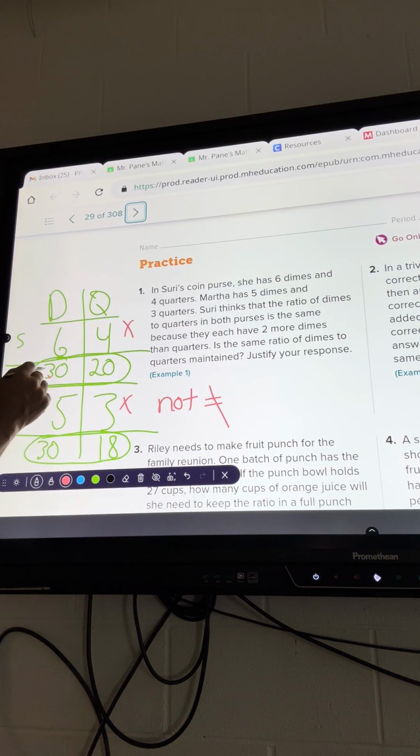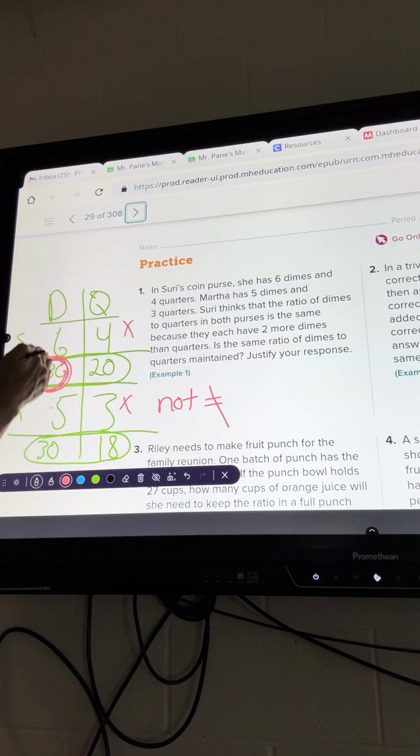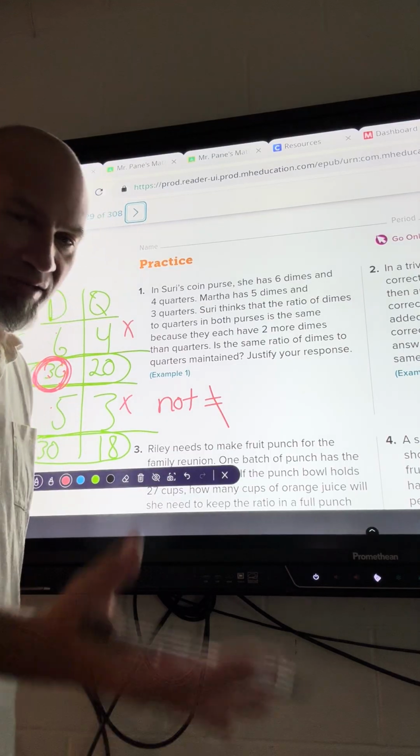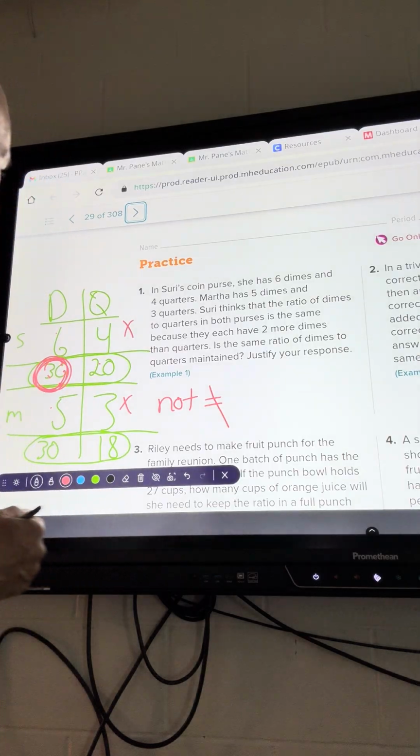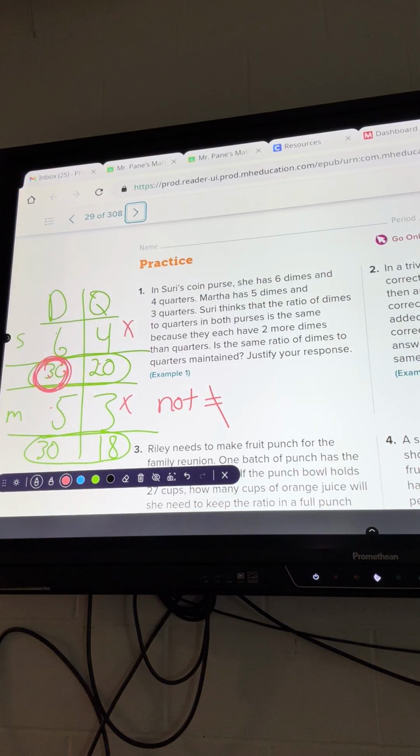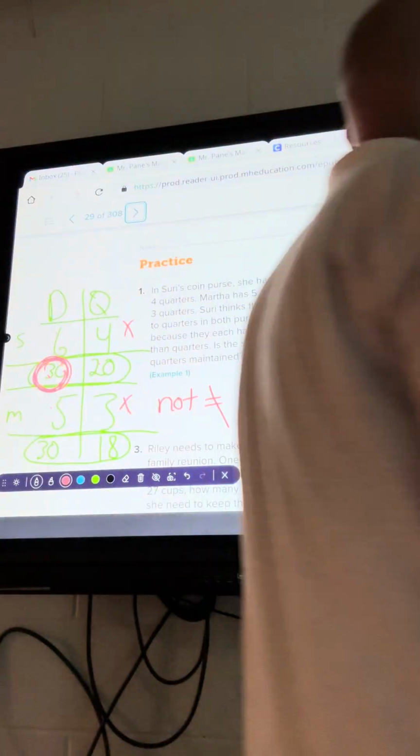So you may be wondering, why did you choose, Mr. Payne, why did you choose to change this to 30? Well, because I have 6 dimes for Suri and 5 for Martha, so I changed it to a common multiple. That way I know if I change both dimes to 30, I can figure out whether or not the ratios are equivalent because the quarters would also have to be the same numbers, okay? It's harder to tell when you have 6 to 4 and 5 to 3. Okay,